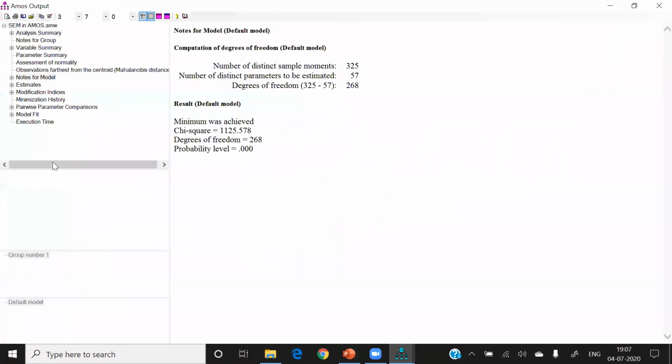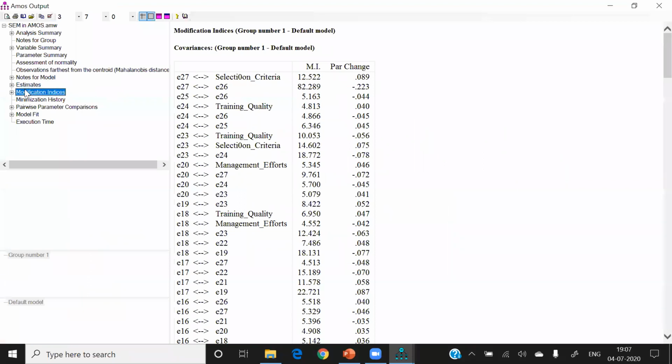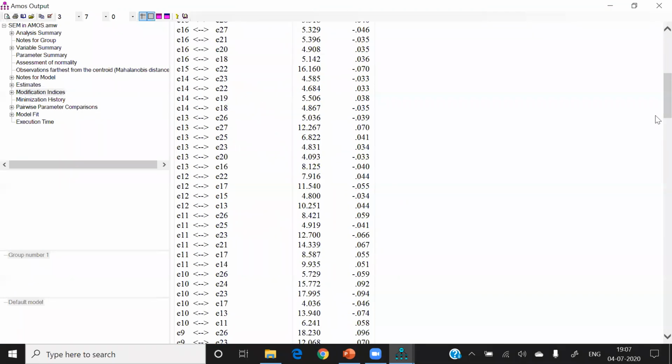Then go to the estimates, modification indices. Now in modification indices, you can see that error 26 and 27 are highly correlated, and any other correlation we can have.